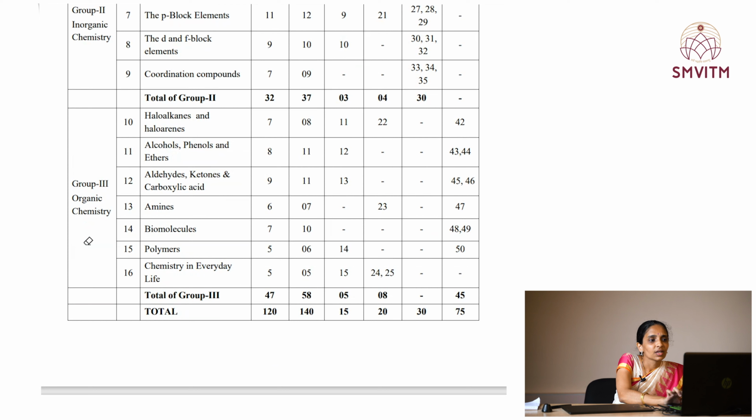They are unit number 10 to unit number 16. Of course, a 16th unit doesn't come in the 5-mark section. From the 16th, that is the last unit, questions come only for 2 mark, that is chemistry in everyday life,